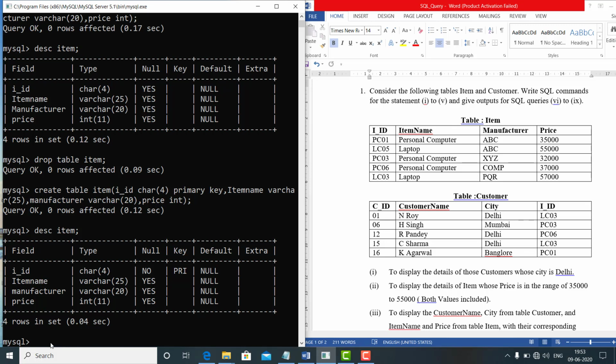To create the customer table, we have to use the command create table. The table name is customer. The first field is CID. Its data type is integer, and next is customer name.